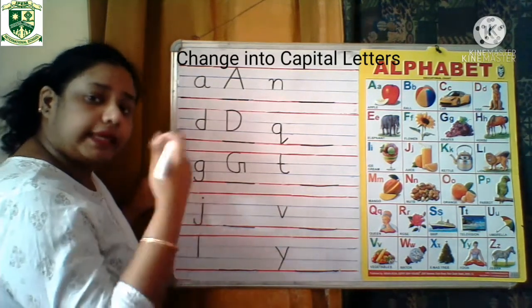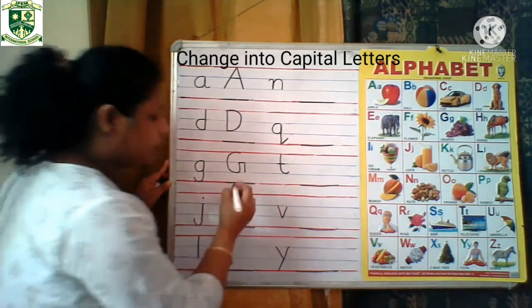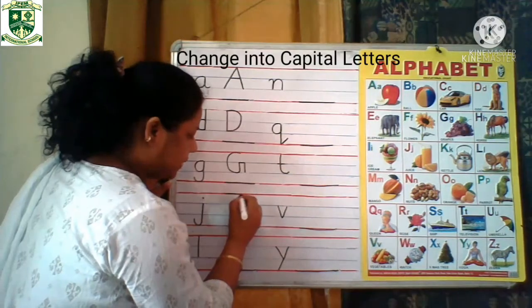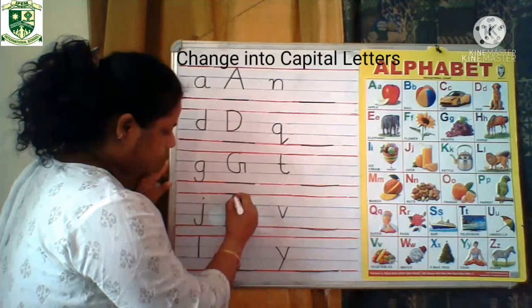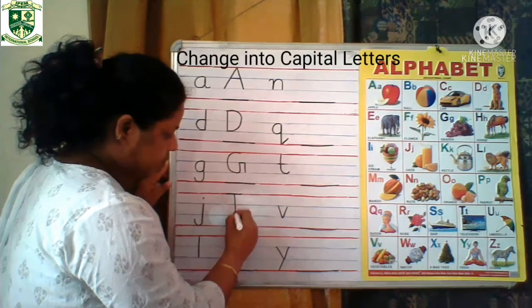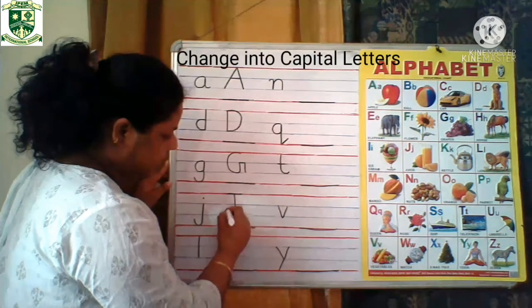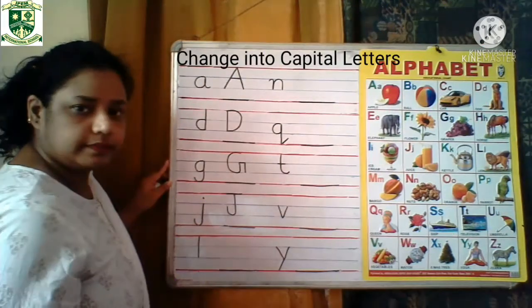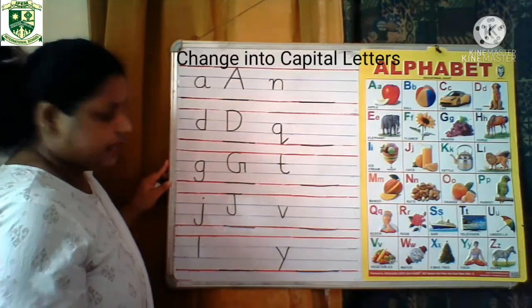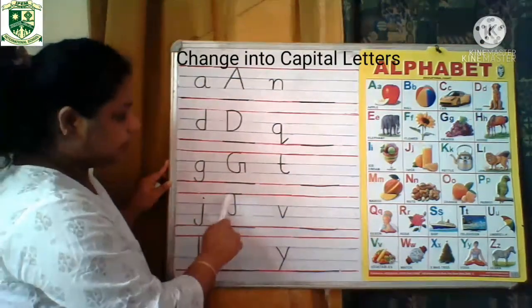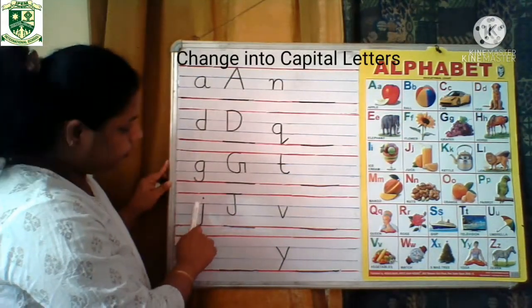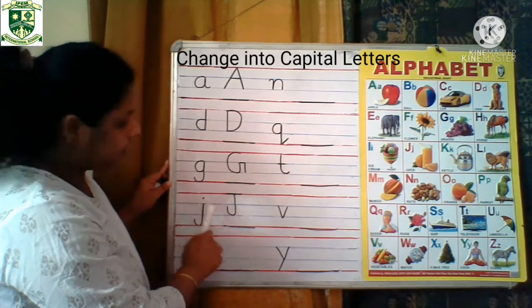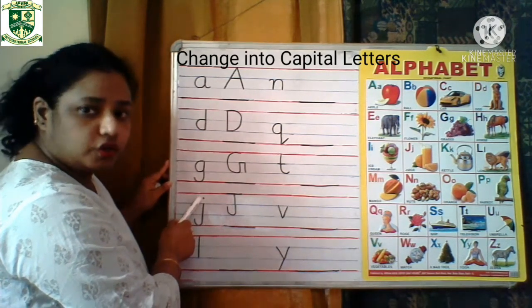But when we are making capital J, how we'll make? First we will make a sleeping line on the red line, okay, and then from the middle of the sleeping line we'll make a standing line till the second blue line and give a little curve upwards. Okay, this is how we'll write capital J. A capital J has a sleeping line, but when we write small j, we don't make any sleeping line. Instead of the sleeping line, we put a dot.